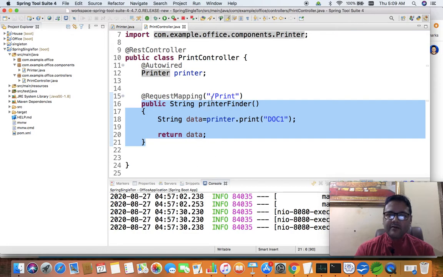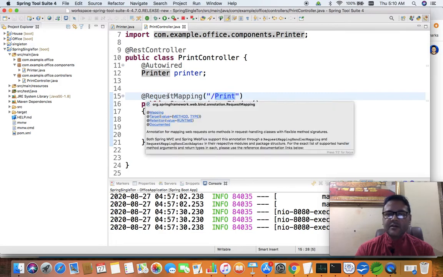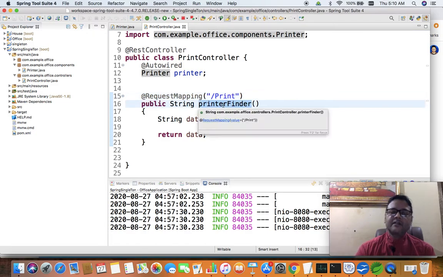So here I have gone for creating a URI for this method. This request mapping annotation is basically responsible for creating a URI for a method. So the URI is going to be called print, in fact. The print URI is going to be used in the browser for accessing this print finder method.